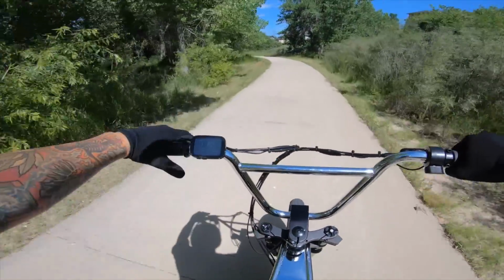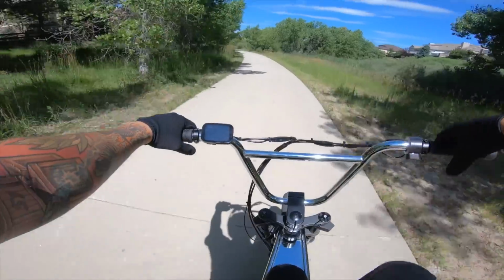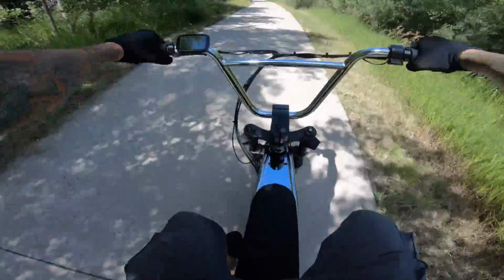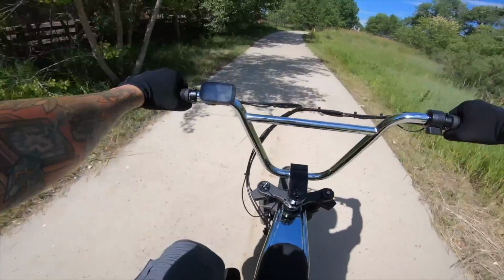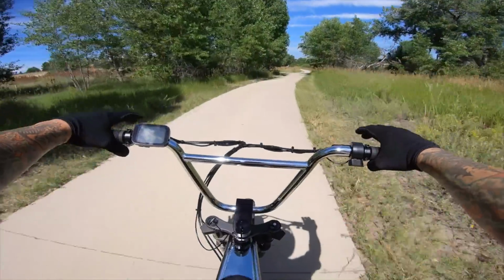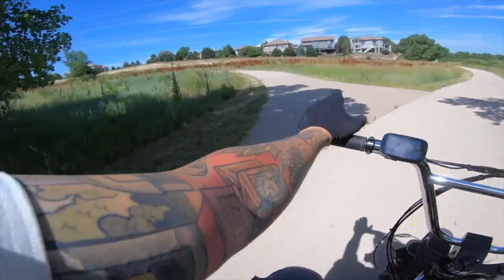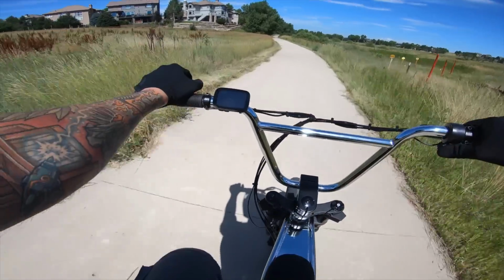You can also turn this completely off if you just want to ride it like a regular pedal bike, but there are no gears, so it'd be like a fixie. Pedal assist 5, I'm doing 19, and I'm barely feeling any resistance from the pedals down there. So this is about where it would cap out if you did not adjust the top speed. However, I of course bumped this thing up to be a class 3 bike, so now when I hit this throttle,